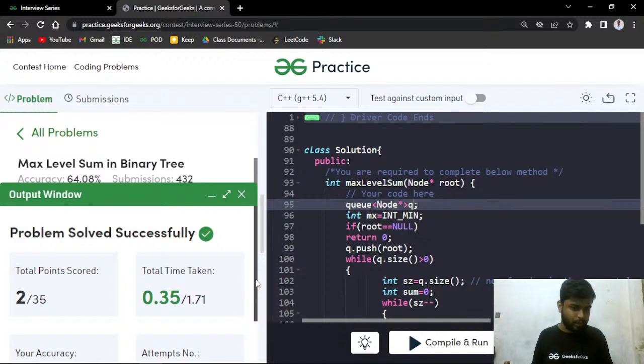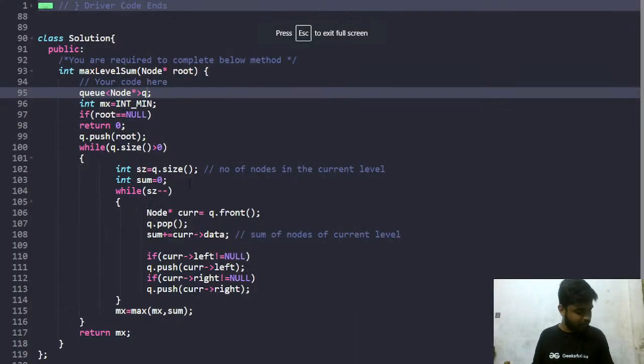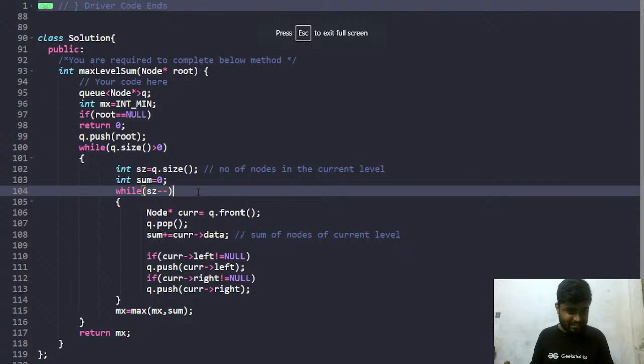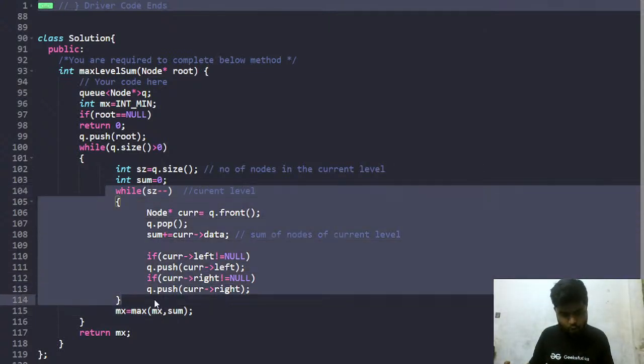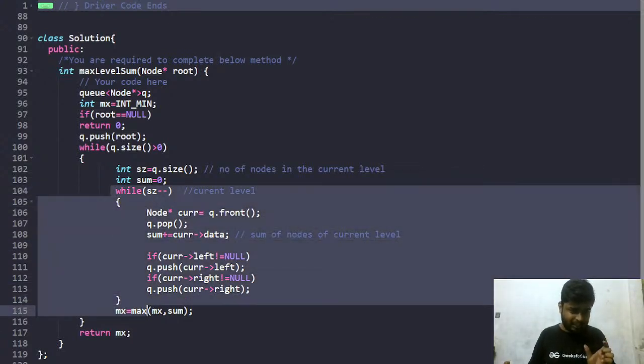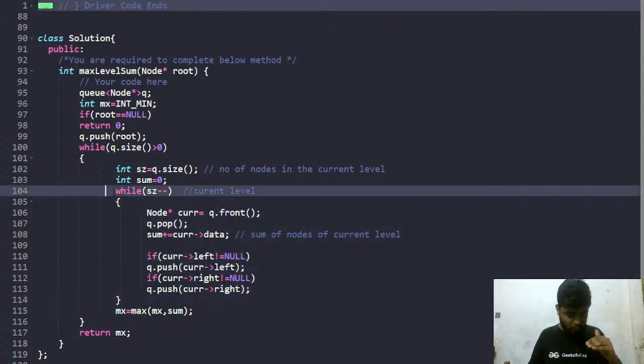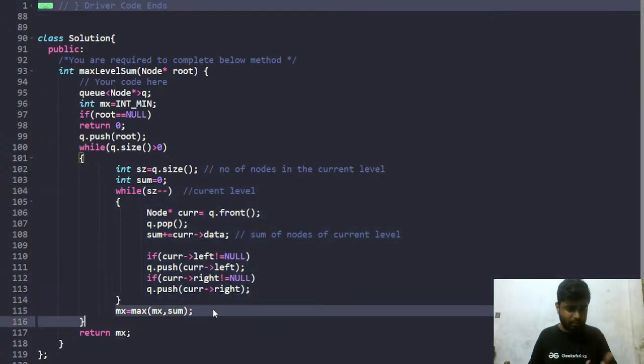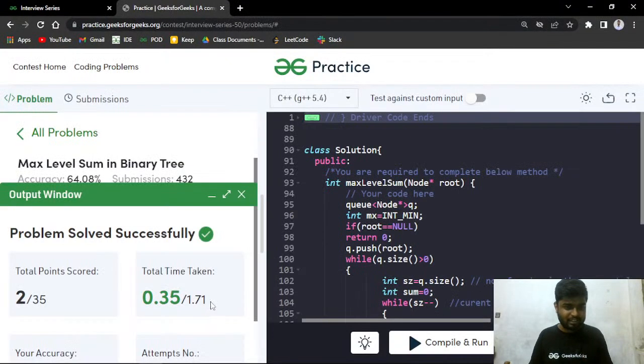So is this problem clear to everyone? We were able to do this problem. The problem was successfully solved, right? So basically, this is nothing but the current level, because you store all the nodes at the current level and then take the sum of it in a while loop. This while loop will not increase your complexity because it runs only for the number of nodes at the current level. So you first store it one by one, and then you check with the maximum for this level. That is what you will do. Is it clear to everyone? Everyone is clear with this question?